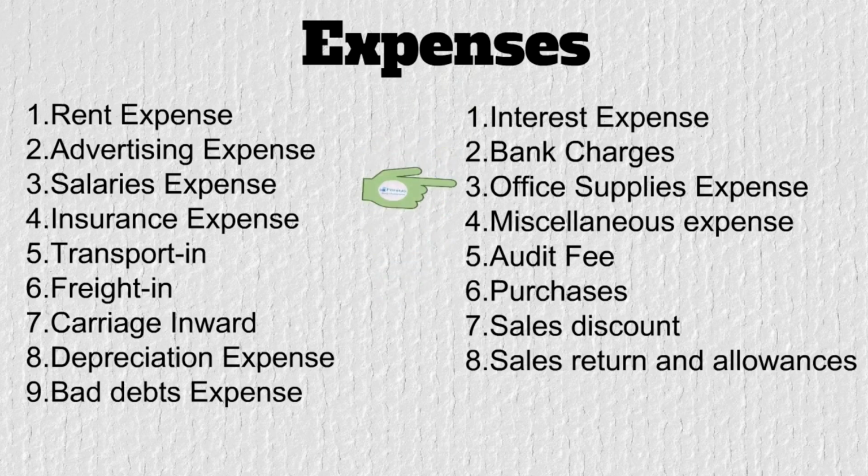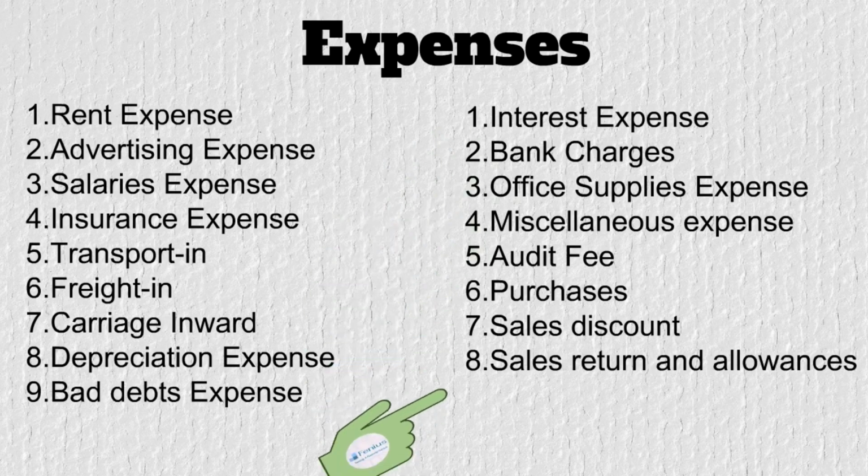Once you use your office supplies or stationery, we'll call it an office supplies expense. Then miscellaneous expenses means any other miscellaneous expense or sundry expenses. Auditors' fee is called an auditor's fee. Then we have purchases. Some accountants say that it's an asset account, and for some accountants it's an expense account. But do remember, if you are using a periodic inventory system, purchase is an expense. If you are using a perpetual inventory system, then we'll record the purchase or the buying of asset as our asset in the form of merchandise inventory.